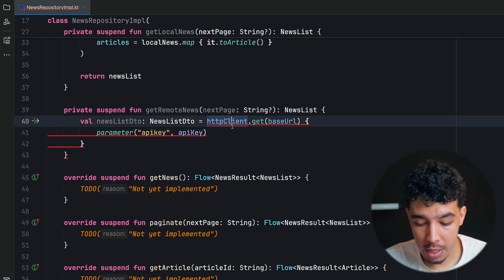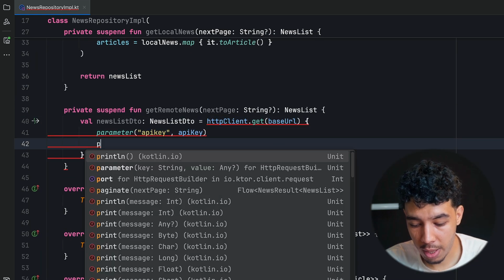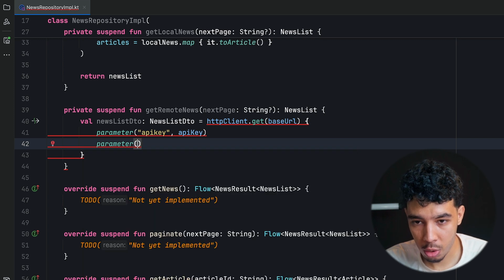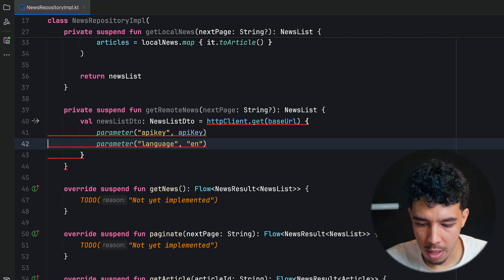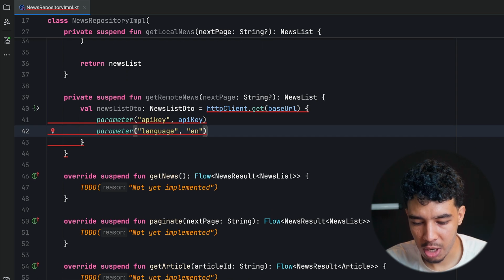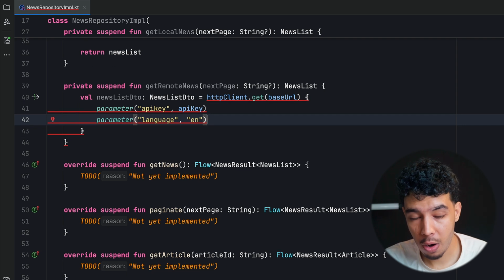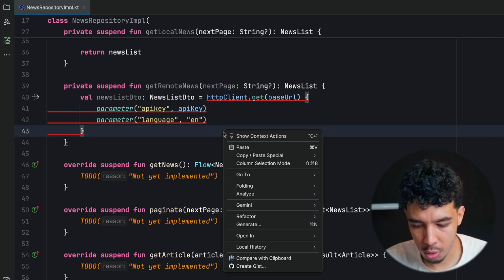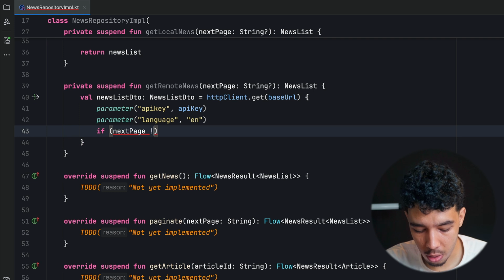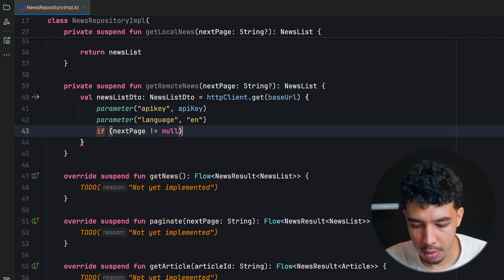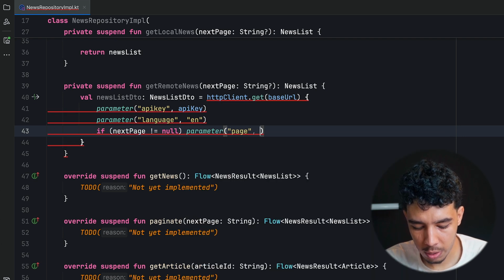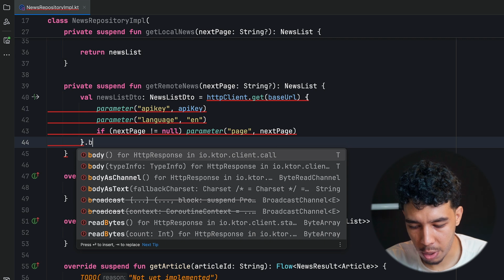So right here we need another parameter for the language. That parameter is going to be language, and it is by default English. And then we want to check the next page. If we are making the very first API call, we don't have a next page. If we are not, then we do have a next page. So it's going to be if next page is not equal to null, then we do have it. So the parameter that is page, simply next page, and then dot body, because we want the